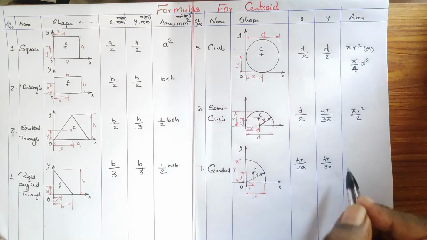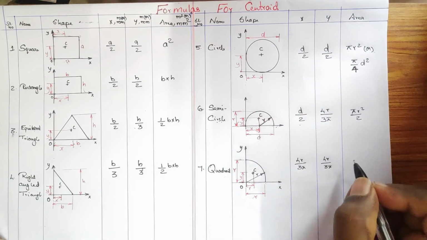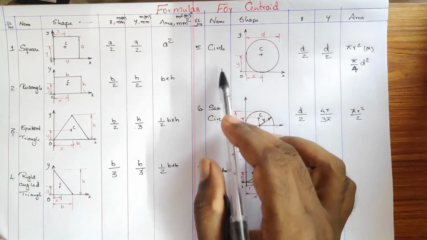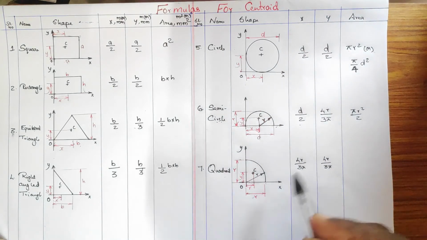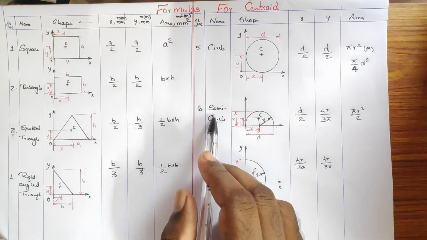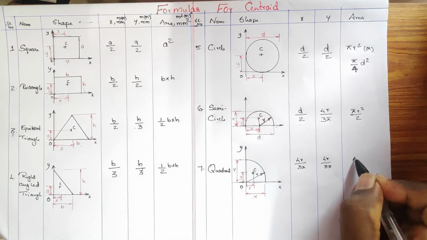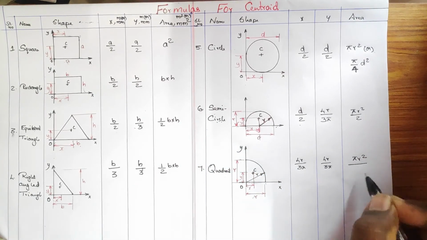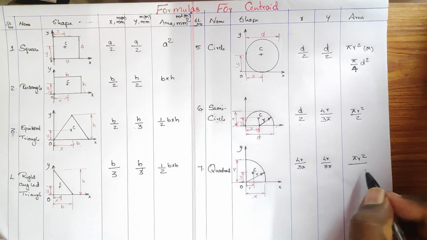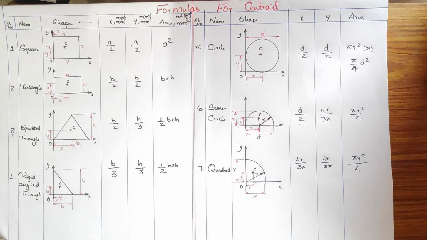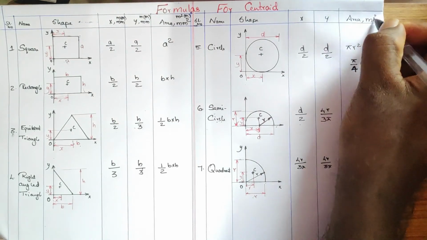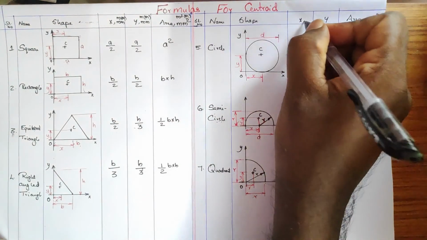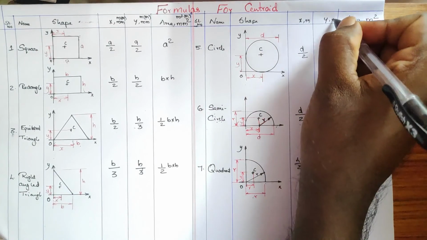So here in the area for the quadrant, circle is pi r square, semicircle half of it, again it's a quadrant, half the semicircle, right? So pi r square divided by 4. Half the semicircle, 2 into 2. So here it is 4. Keep it in mind, area unit is meter square or mm square, and each one is the measurement, so meter or mm.